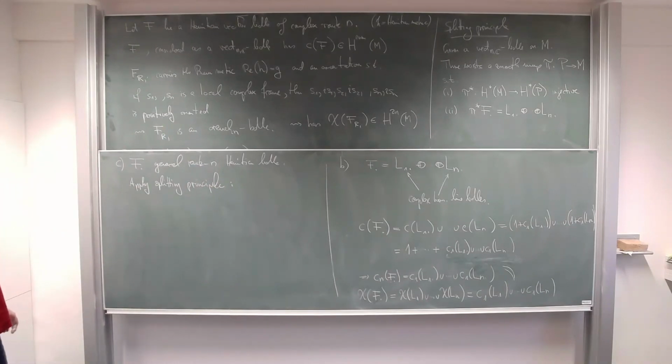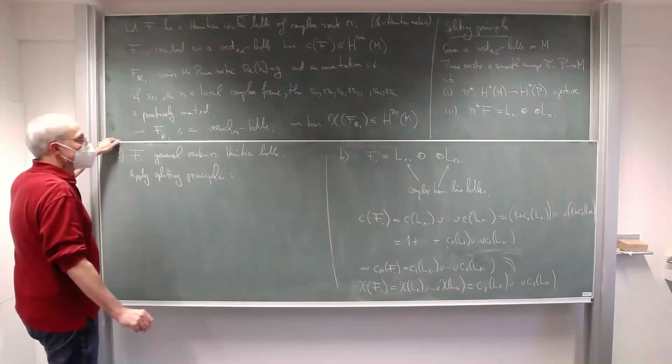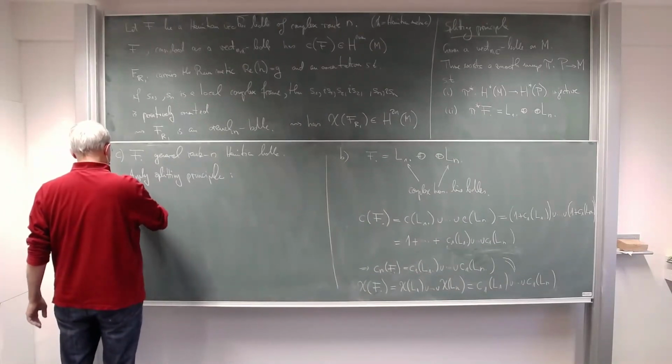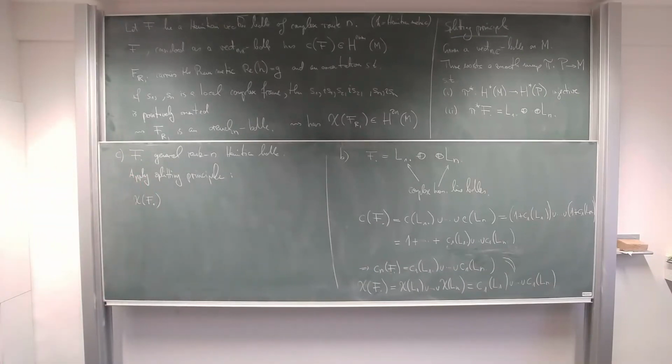And then we have the following. The Euler form of our original, or Euler class, of our original bundle F on the manifold M, if we pull it back,